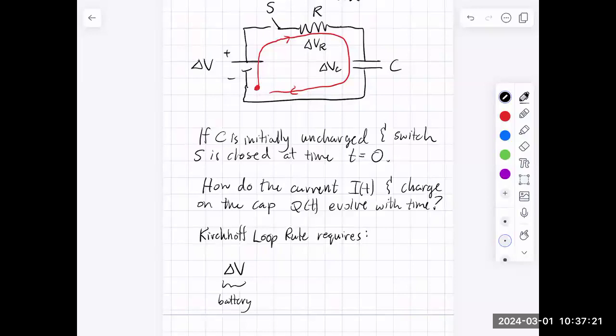Who thinks you're going to lose voltage? Who thinks you're going to gain voltage? Nobody, and then 80% of the class has no opinion. So what would happen is